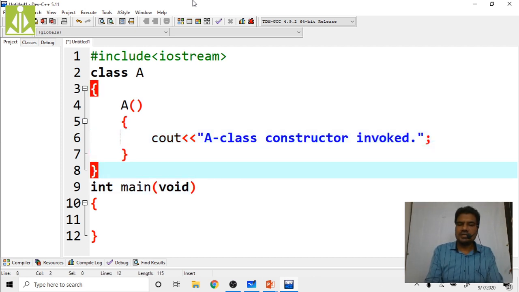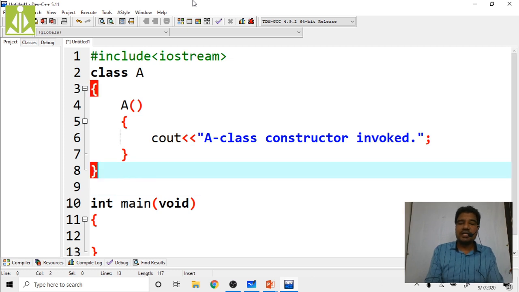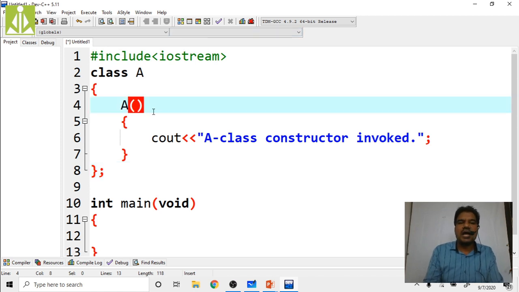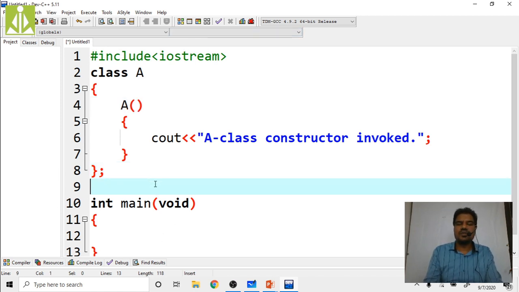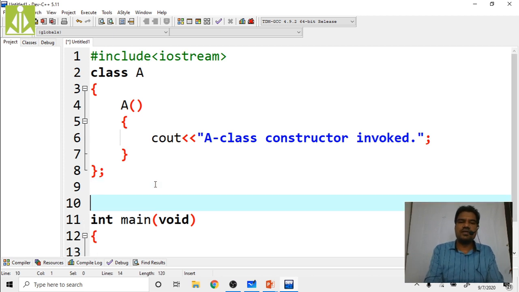I'm writing another class. So instead of writing the definition of the constructor outside, I'm writing the definition of the constructor inside the class itself because I have only one statement. Like this also you can do. Or you can just declare the constructor and write the definition outside. That is also possible. But I'm going with the first approach, defining the constructor inside the class, because I don't have any other data members. There is no confusion. So that is the reason why I'm defining my constructor inside the class itself.